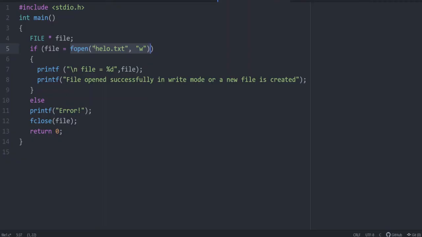If line number 5 is successful, file will have a value that is not equal to 0, and it will go inside this condition. It will print the value, just for showing the value of this file pointer. The main thing is the 8th line, file opened successfully in write mode or a new file is created. So we will check the output.